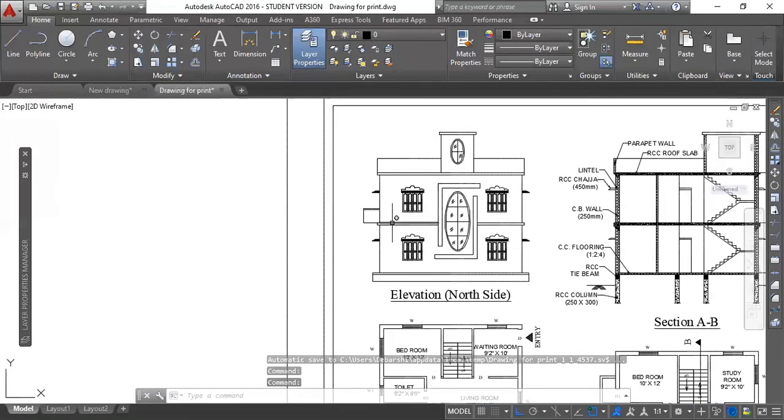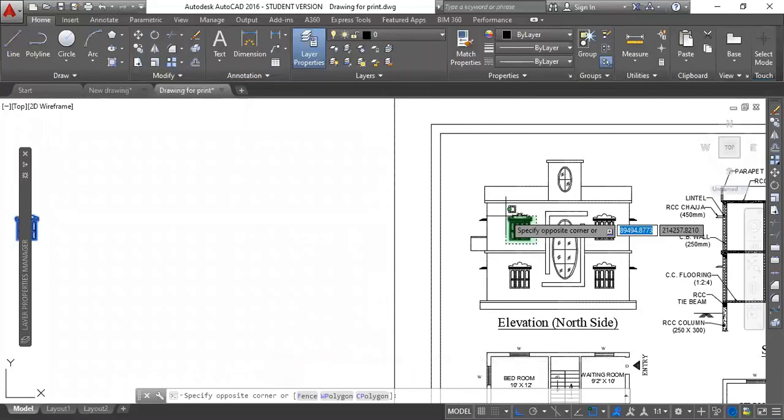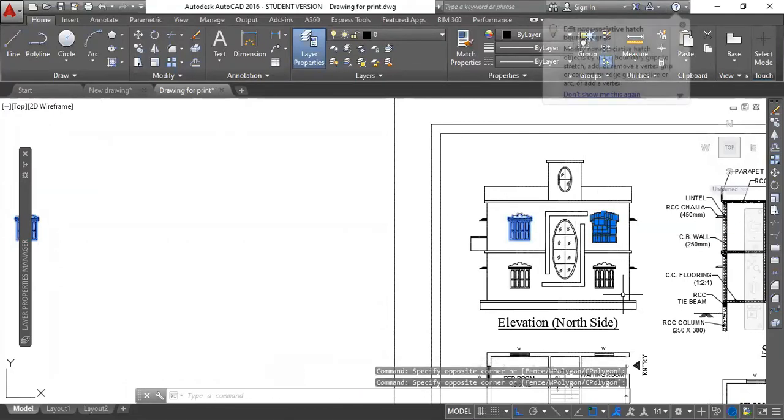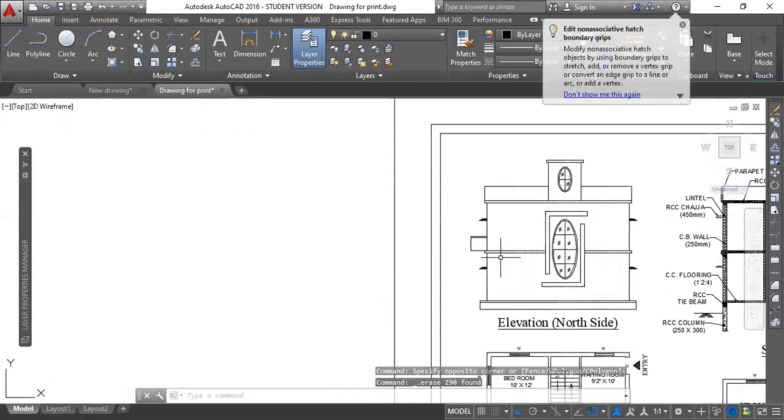But I need to show you with proper dimensions, or else how can you understand?